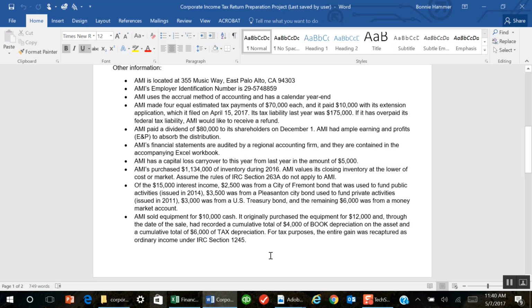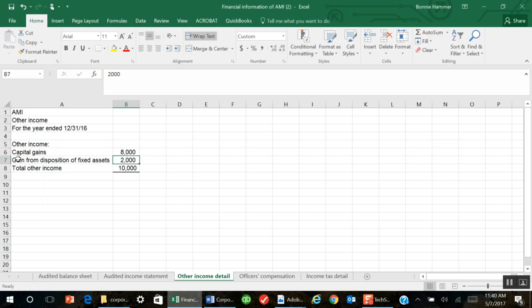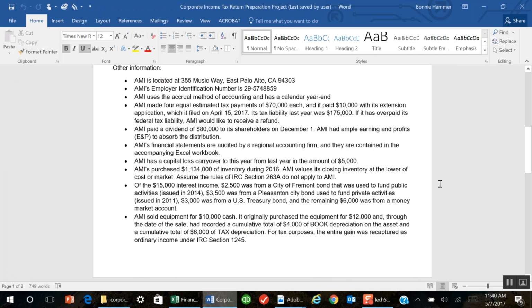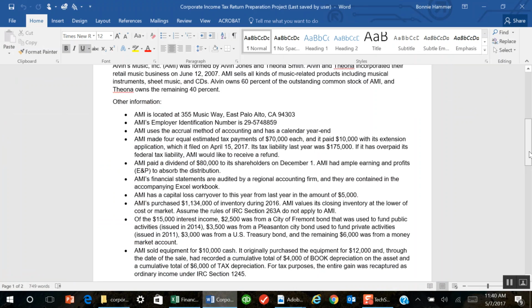Your book adjusted basis is $12,000, which is the original cost, minus the accumulated depreciation of $4,000, which is $8,000. So your adjusted cost basis for books is $8,000, and you got proceeds of $10,000. So your net gain is $2,000, 10 minus 8. And lo and behold, when you go back to the information, there's the $2,000. Now we know it was included in other income. And we also know from our facts that the $8,000 was included in other income, and that represents the capital gain